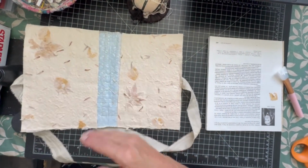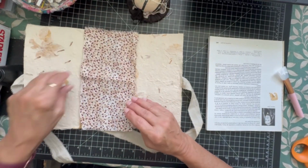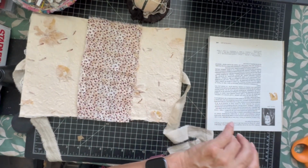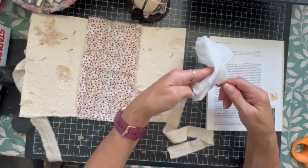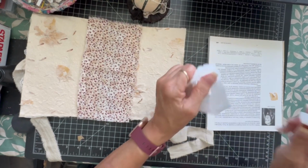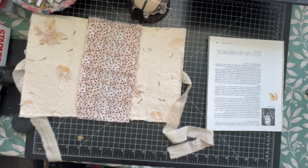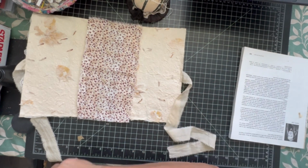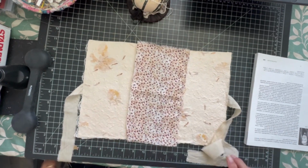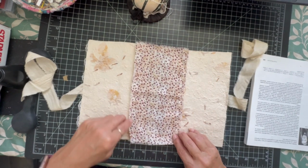Okay, and then what we have left is we want to put this in, but for this we need to use fabric. So I'm going to go ahead and get the fabric out. Let's clean our silicone brush. You can actually just use a baby wipe to clean that off. Okay. So, am I on screen? I hope so. So for this,